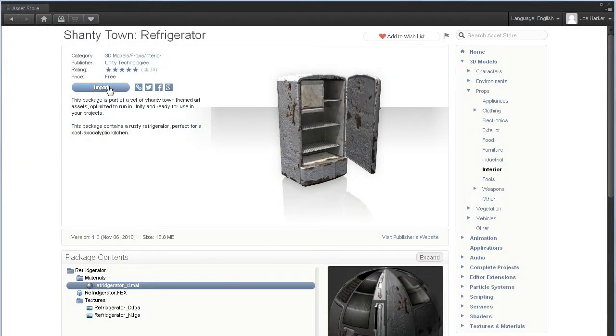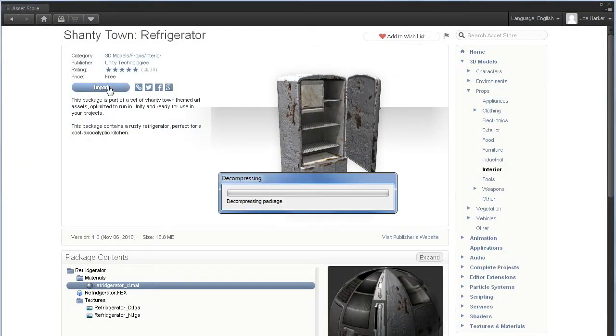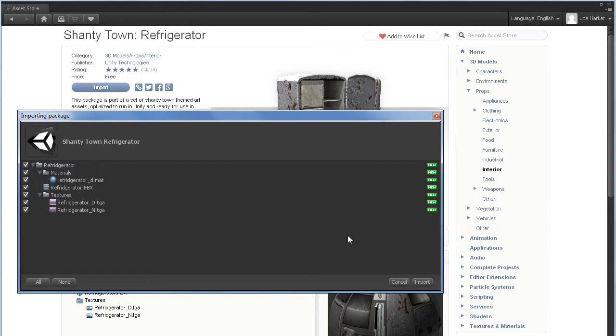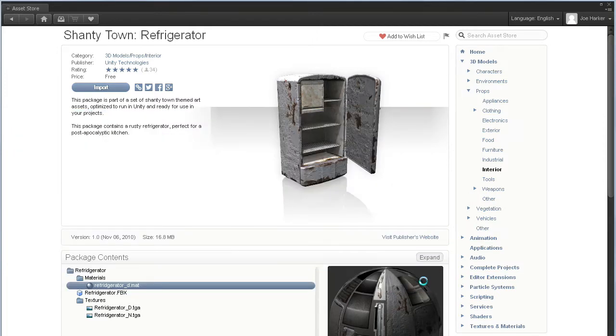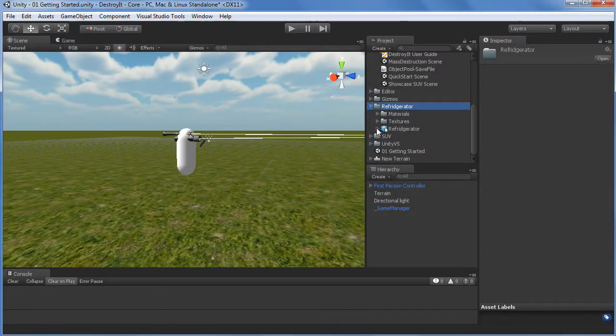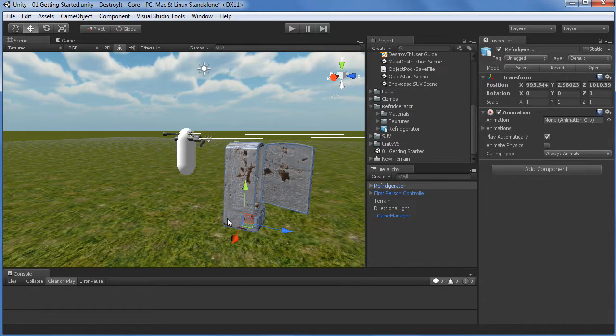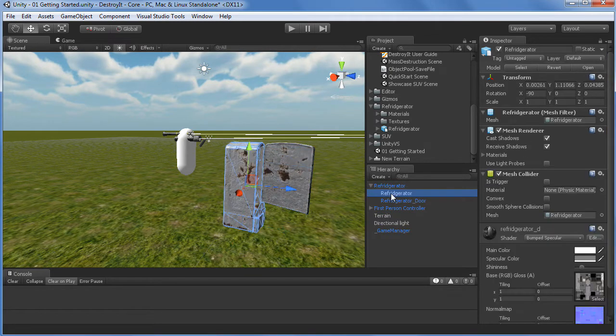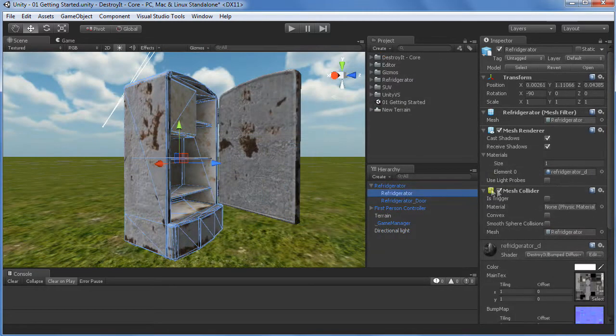For this tutorial, we're going to use the Shantytown Refrigerator, a free asset by Unity Technologies. After importing it into our project, we'll drag the model into the scene and take a look at it. So we see here it has a parent game object with two meshes under it, one for the refrigerator and one for the door. We can see that the meshes already have mesh colliders on them,